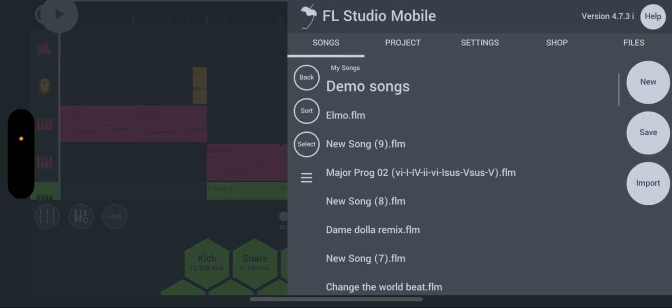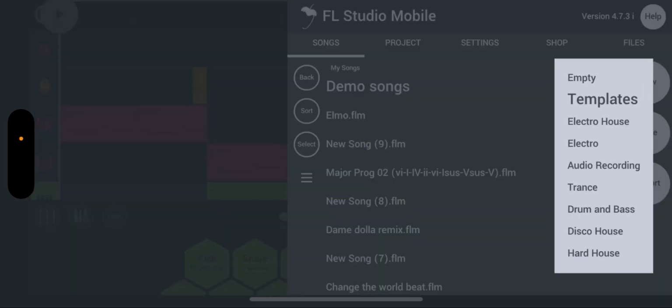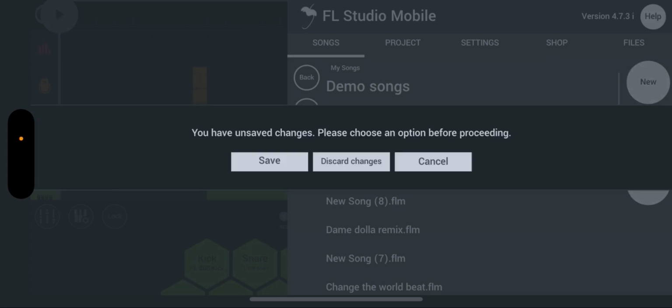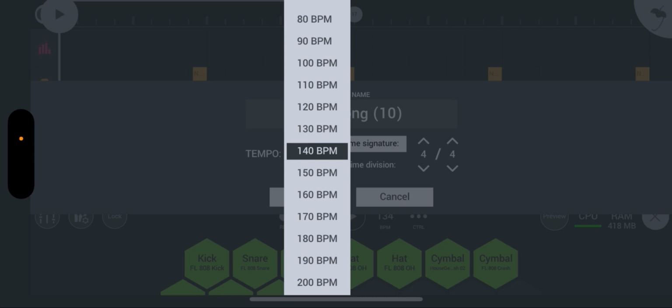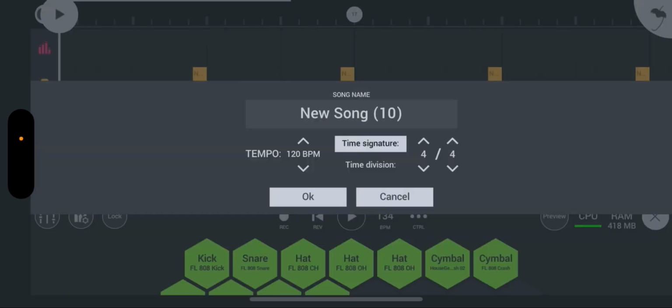So I'm gonna show you how to deal with FL Studio Mobile for the first time. You will see a screen like that. You've probably seen many tutorials, but the first thing you have to do is select the fruit sign and get the empty. You want to select empty, and also you have to know the tempo you want your beat created on. The tempo you can vary depending on how you're doing the drums and things, whatever works